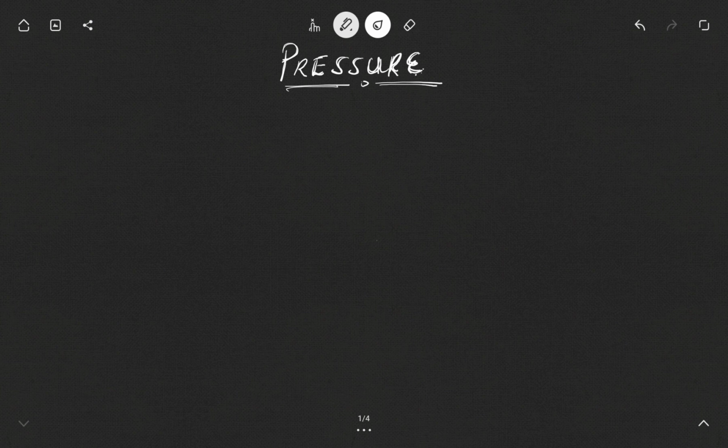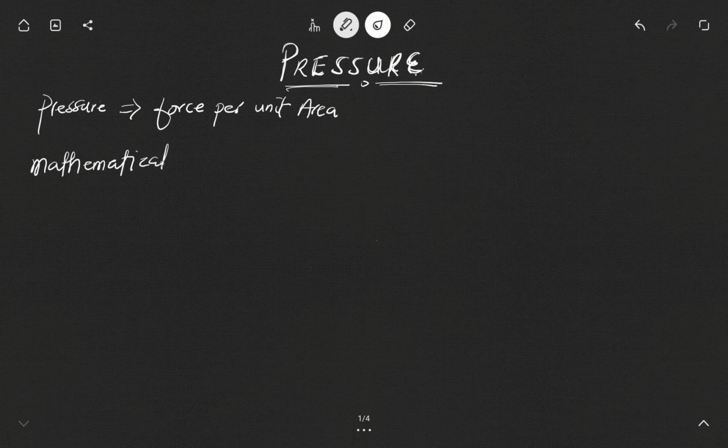Alright, so let's begin by looking at what pressure is. Pressure can be defined as the force per unit area. So we define pressure as the force per unit area. So if you want to represent this mathematically, it means that